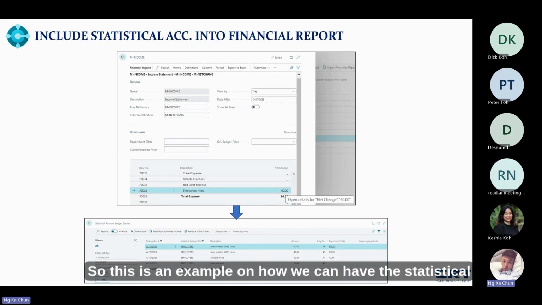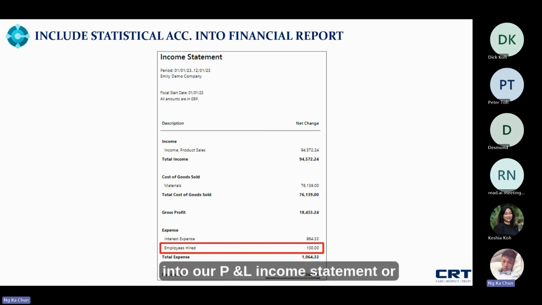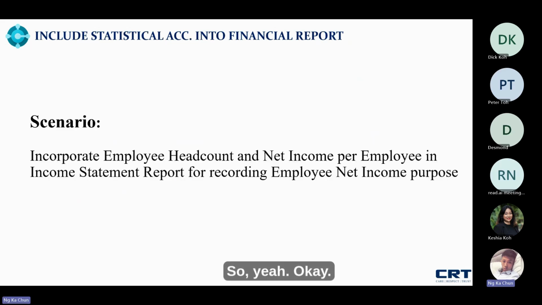Okay, so this is an example of how we can have the statistical account. And so we can include the statistical account report into our P&L income statement or balance sheet report if required. Okay, so yeah,